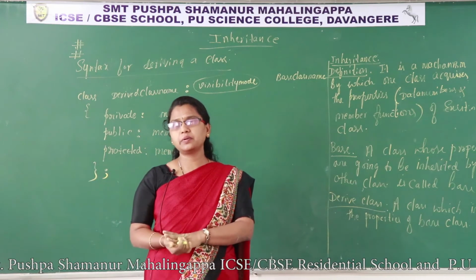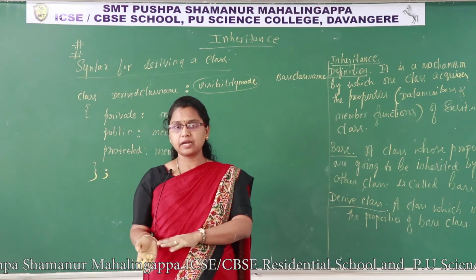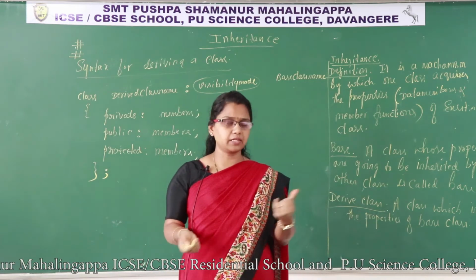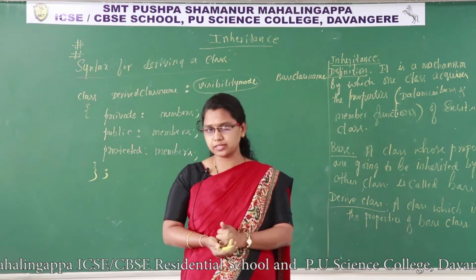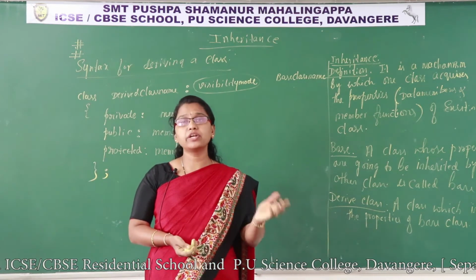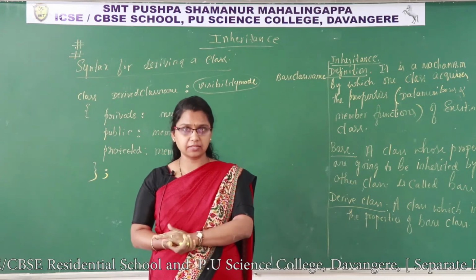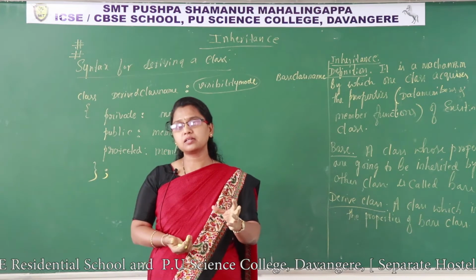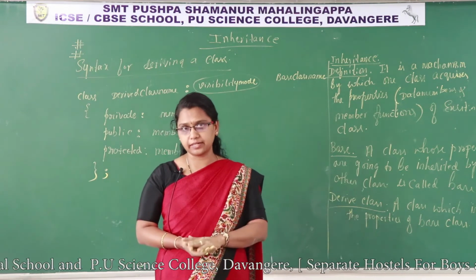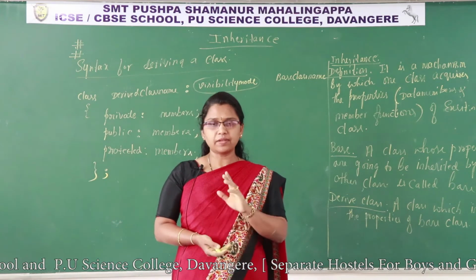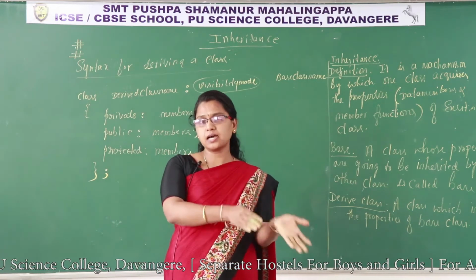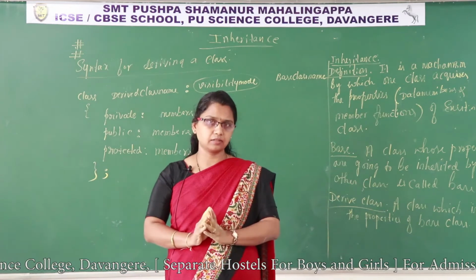What is the name of the derived class here? Sub. I consider sub to be the name of the derived class. Here the base class name is base. My question is whether all data of the base class is going to be inherited to the derived class, because all data means, what are those data? Private data, protected data and public data. One thing we already cleared: base class properties are inherited to the derived class, isn't it?